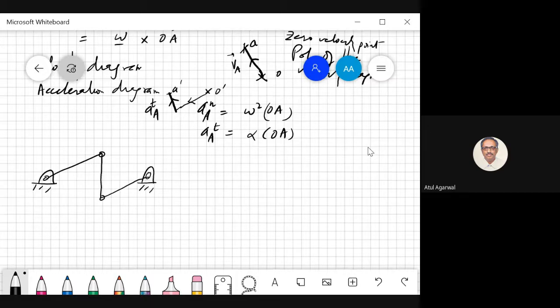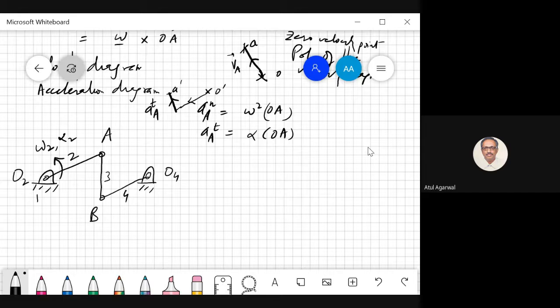Suppose we take a system like this. We call it, this is a fixed member, we call it 1, bar 2, bar 3, bar 4. This I call O2, this bar 2 spins about this axis O2. This hinge I call O4 because this bar 4 rotates about this hinge. This point I call A, this point I call B. Now, this you call omega 2, alpha 2. You are assigning some angular velocity and angular acceleration to this bar 2. So they are connected by pin joints or hinge joints.